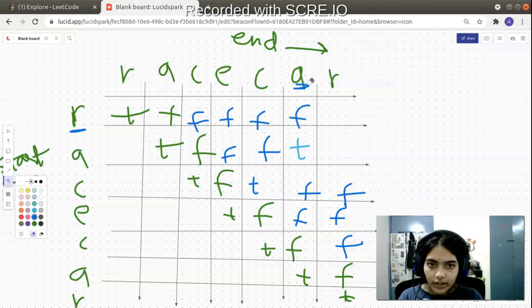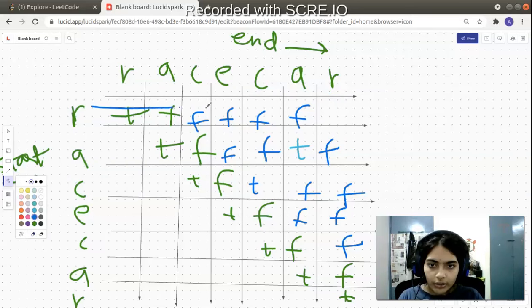They are not equal. There is no point in going over. Okay, now let's check this particular string, starting from A ending at R. For this particular box, this is again false because A and R are not equal. First and last characters are not equal. We don't care about the inner string when first and last characters are not equal.